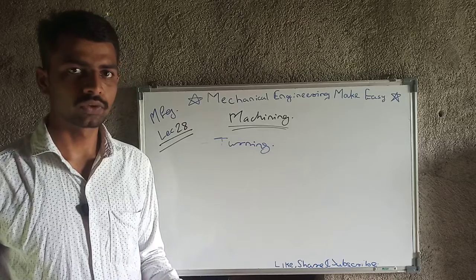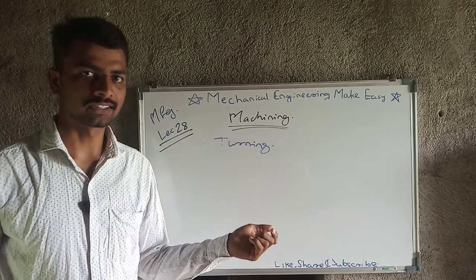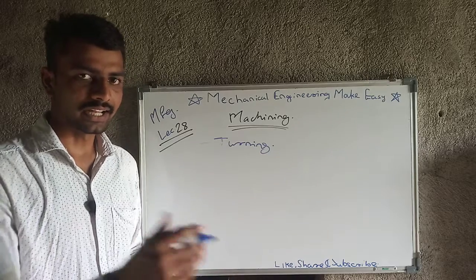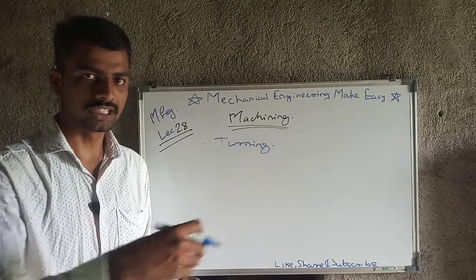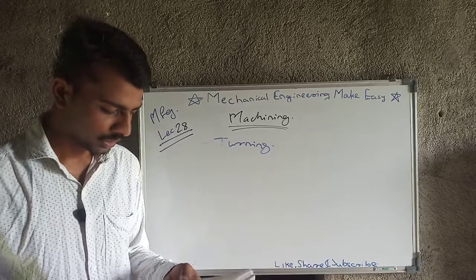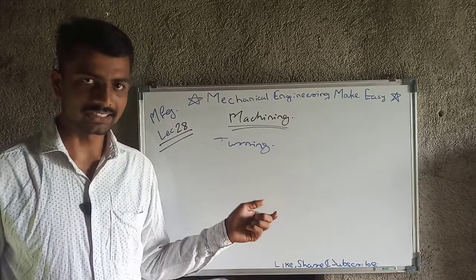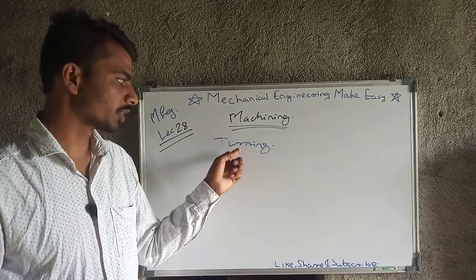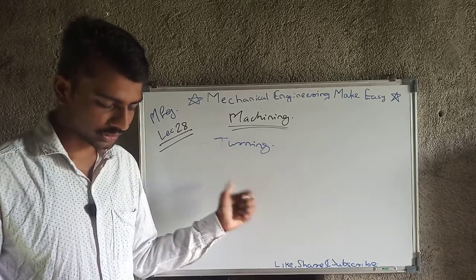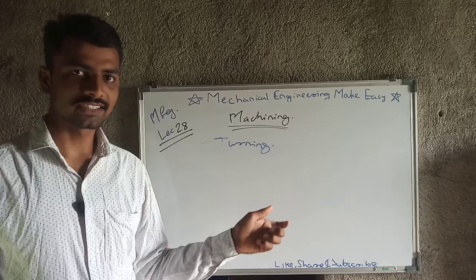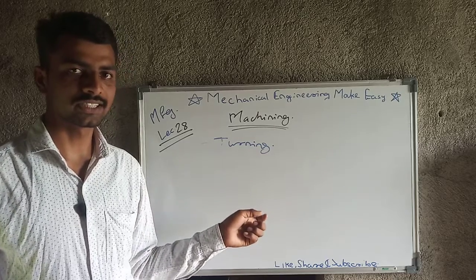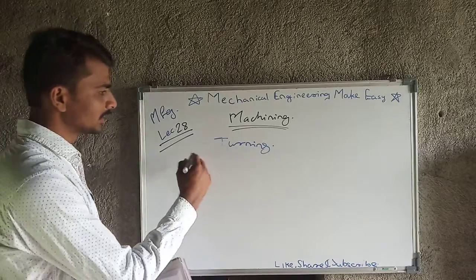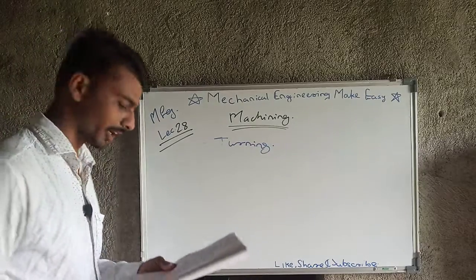If you have taken experience in practicals, you may note that at the end some chips will be generated. Next is tip breakage, where the tool tip breaks, which is also one of the major issues while turning. Then next is short tool life. As tip breakage takes place, the tool life is also much less in turning operations on a lathe machine. These are some problems while turning.